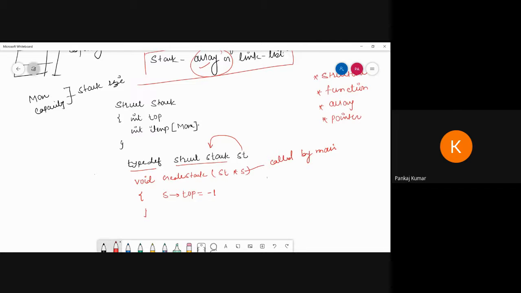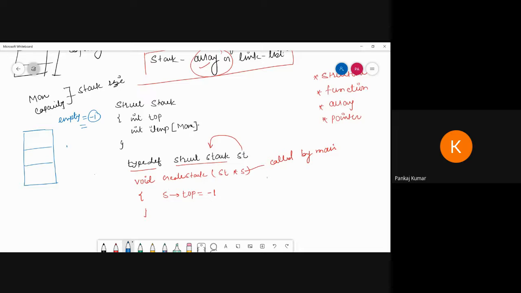Now first understand the concept of empty and full. Suppose this stack is empty. Then I have to put -1, because -1 indicates the stack is empty. Suppose this stack is full, then how can we check whether the stack is full or not?